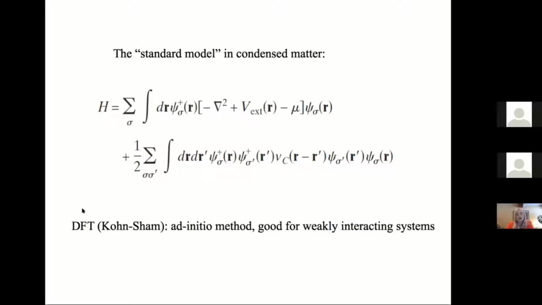Well, DFT, the density functional theory, in the Kohn-Sham theory, is a very good ab initio method, where the approximations made are good for weakly or intermediately interacting systems, but it turns out not to be so good and not to explain these systems for larger correlations. Sometimes we have to resort to approximations, and so we can also model these systems with effective interacting parameters,